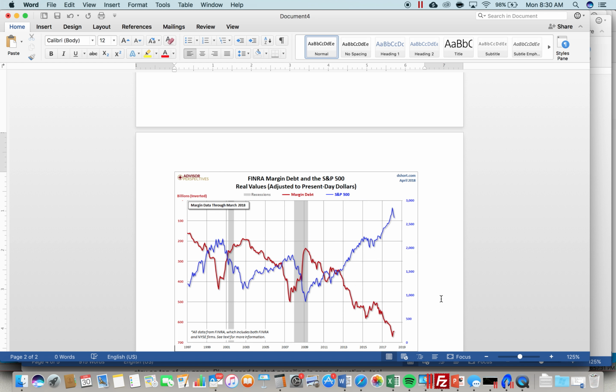So it's a very inflated value. It's really only exceeded that value one other time, and that's at the peak of the tech stock market. Now, the other thing I want to share with you is the value of margin debt. This is an inverted chart, just to make it clear, but you can see that the S&P 500 is up here over 2,500, and the scale is inverted here, so you can see the relationship between margin debt and value of stocks. At the tech stock peak, margin debt was, and these are both adjusted for inflation,